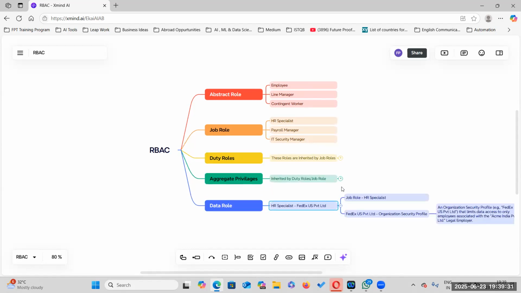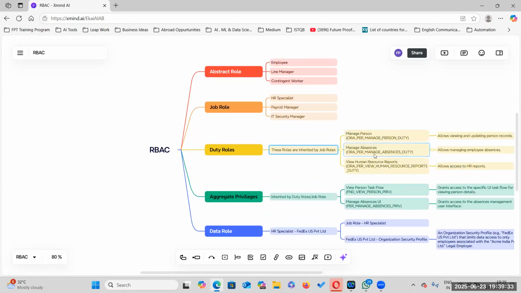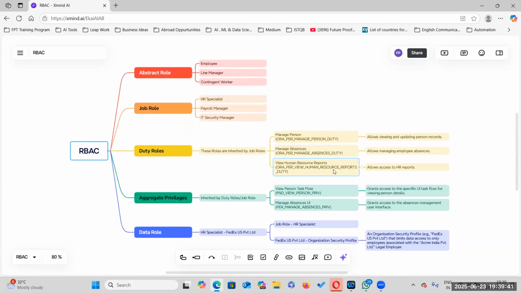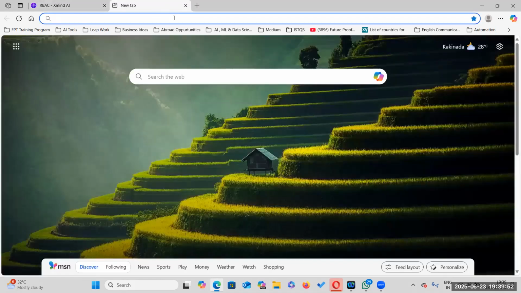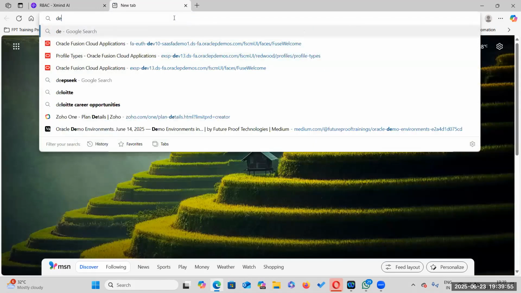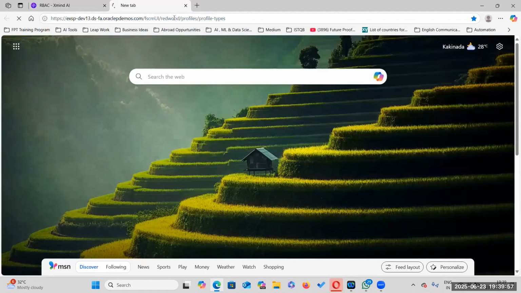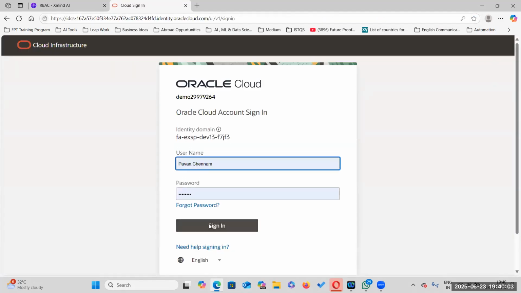Security is paramount. Security is the highest priority for anything, whether it is a software application or our life. Security and safety are both interlinked together. So we will discuss how Oracle is providing security for the cloud applications. Cloud applications means we can access the applications from anywhere across the globe with just a URL and internet, right? If you have access, you can access from anywhere in the globe.